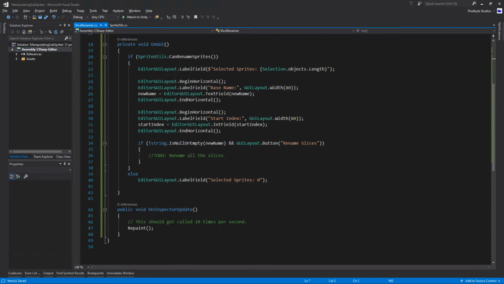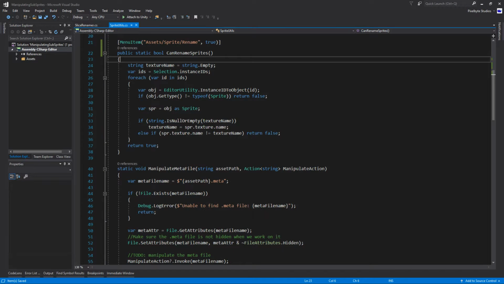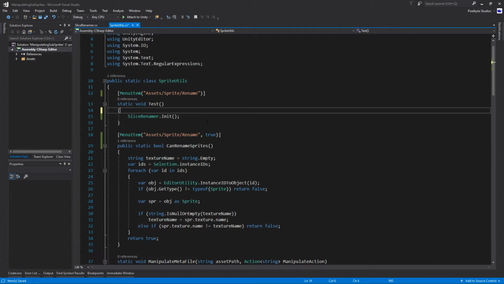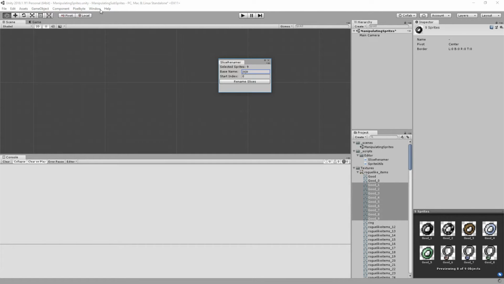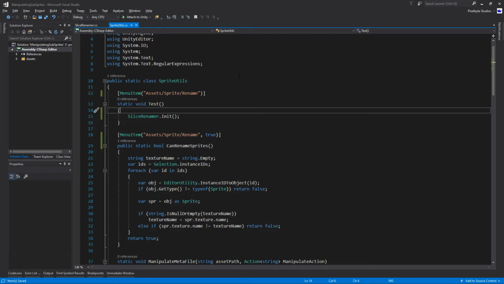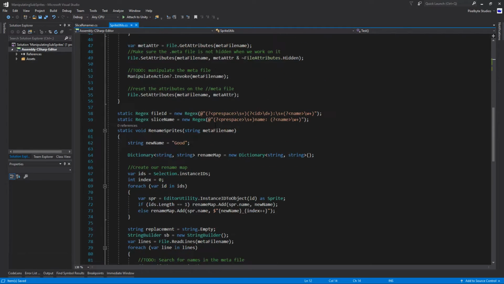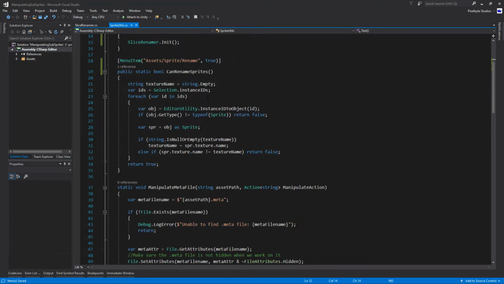So now all we need is to be able to rename these particular slices. And we could add this to our window set here, or wherever we wanted to stick it. Like I've got a pixel byte one here that I have a bunch of stuff in, but that's all left up to you. For now, we'll just get to it from the right-click menu, and it'll bring up this window. And now the question becomes, how now do we